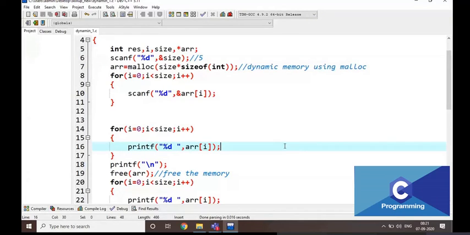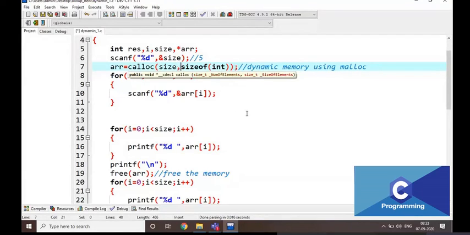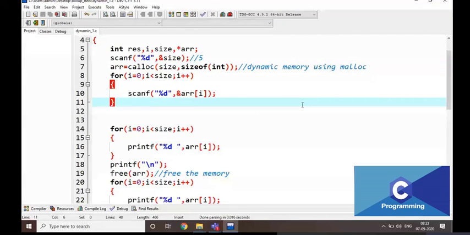Simply, I am reading array values and I am going to print the array values. That's it, nothing else. Very basic, but using dynamic memory allocation. Note it down everyone. Very simple difference here. Here instead of m I am going to write c, and here instead of star, some syntactical difference. Instead of star I am going to write comma. That's it, nothing else. Remaining everything is same.